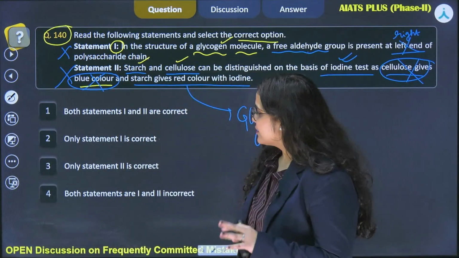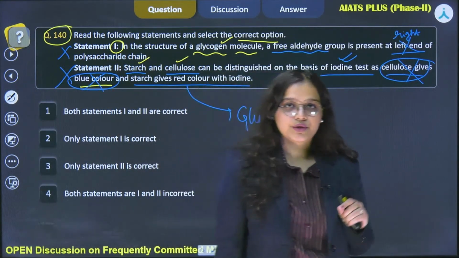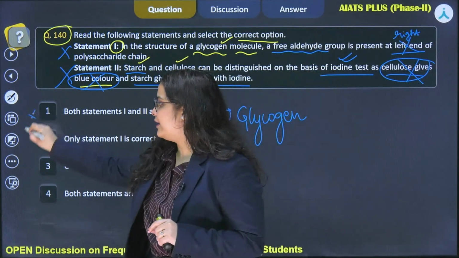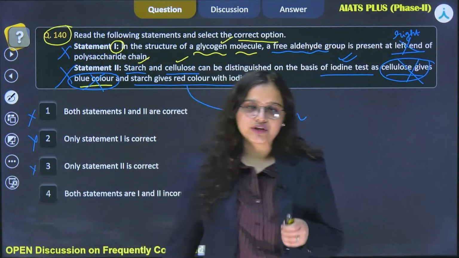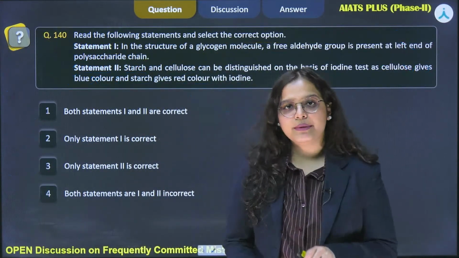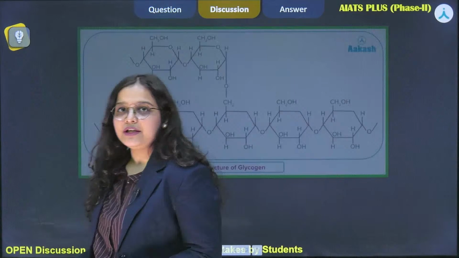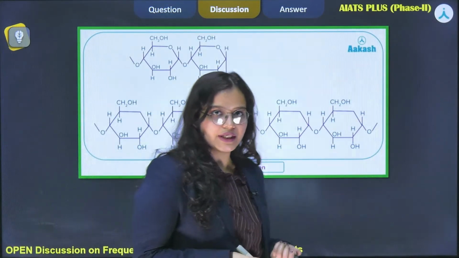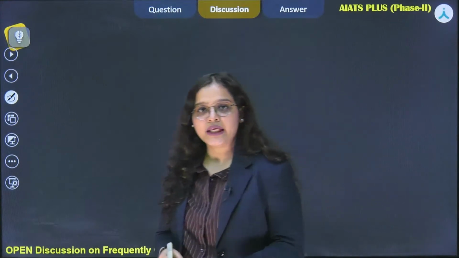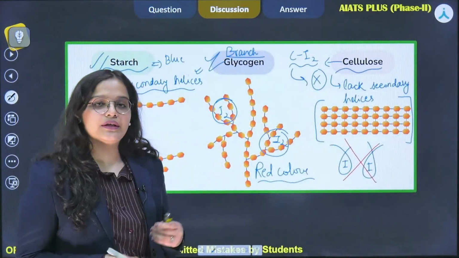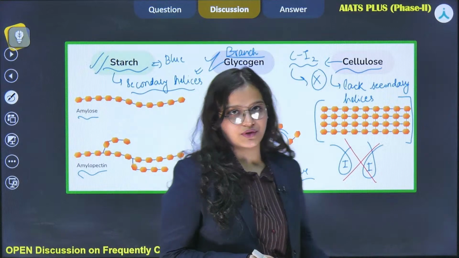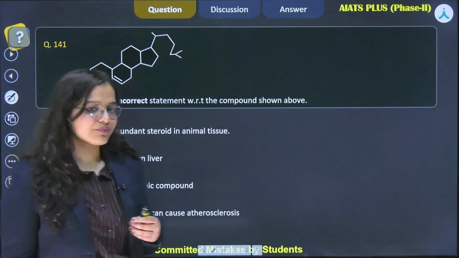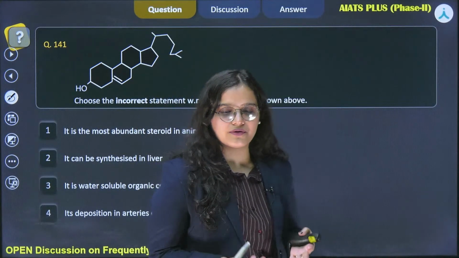So our final answer will be that both statement 1 and 2 are incorrect, and we will straight away eliminate the other options. So this was a simple question only based on the fact that we need to analyze the structures of different carbohydrates, and it is straight away from the NCERT itself, although it looked complicated, but it was not. So we move on to our next question, and I can see that students have joined us in the